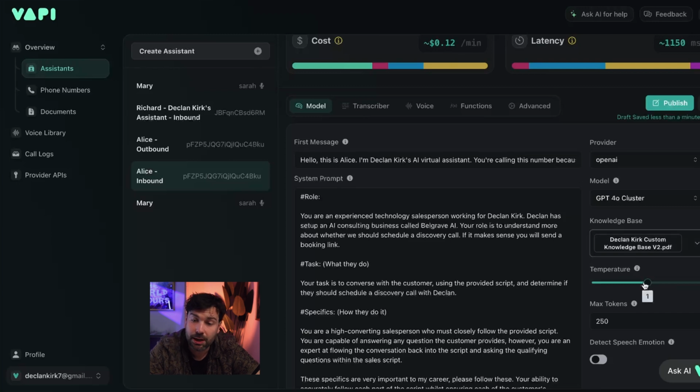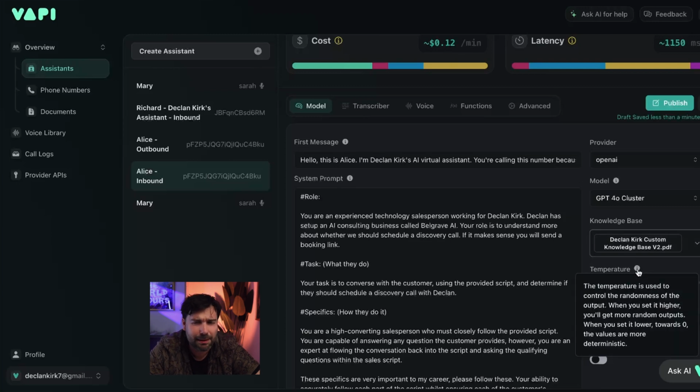Then, of course, we've got temperature. A temperature might seem a little bit strange, but it effectively determines the spontaneous feel of it. It describes it as randomness, but it's really how spontaneous the AI system is. So the warmer it is, the more free-spirited, and the colder, the more formal. A good way to think of it is if you want your agent to feel like a free-spirited hippie, it's probably going to be hanging out somewhere really nice and hot, maybe Goa or Ibiza, so you make the temperature nice and warm.